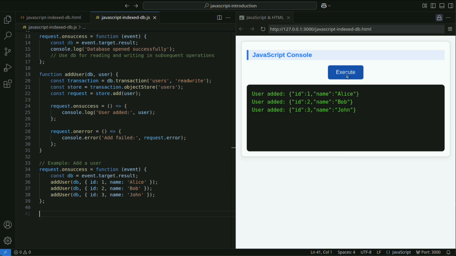Add new data using the store.add method. Transactions are committed automatically, but if you want to group multiple operations, you can manage them using transaction end events.